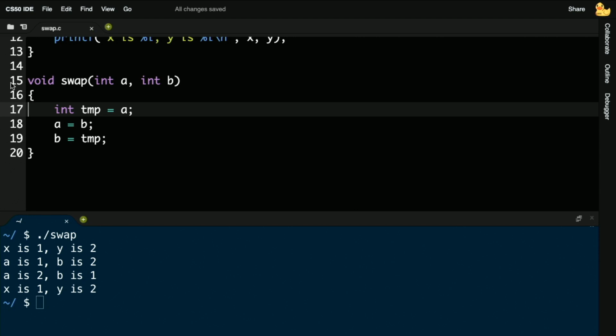And I could confirm as much, right? Like the more powerful way to debug this would be to run debug50, set a breakpoint, for instance, at line 17, step through my code step by step, stepping into the swap function. But for now, it seems clear that swap works, but main isn't really seeing those results. So what's actually going on?